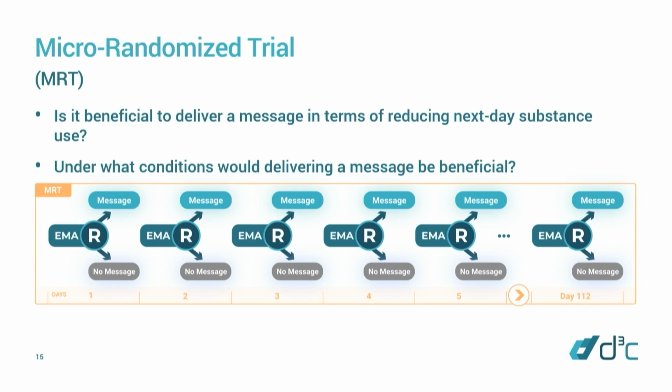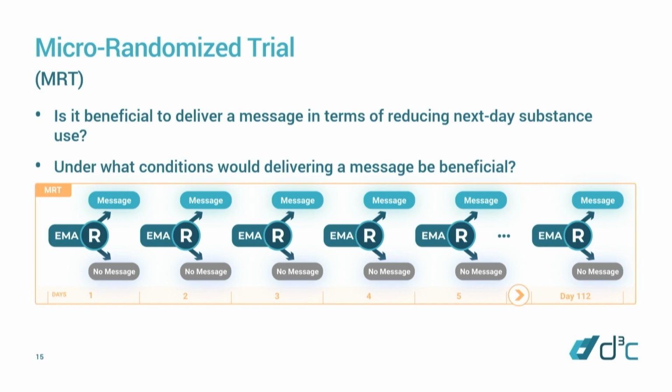So whenever you choose an R, a randomization probability in an MRT, you're actually picking a dose, an average dose for the individual. So a lot of the times in simple MRTs, when they choose the probability of treatment, it's associated with what dose we can typically expect someone to tolerate in this population. So in the case of a physical activity study where we have roughly 4 decision points a day, we might decide that on average 1 message a day is tolerable in that population, which means you choose 1 over 4 as your randomization probability. So that's a very different mentality than a SMART, where you're just doing 50-50